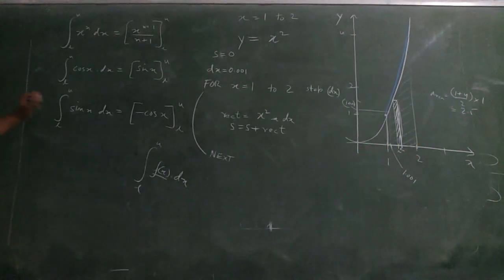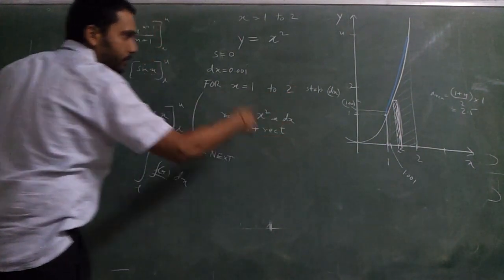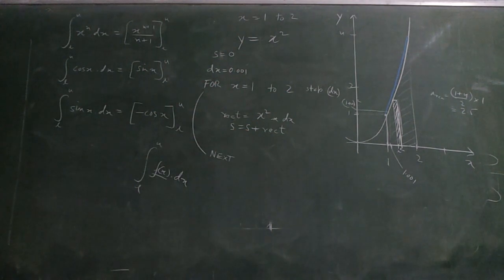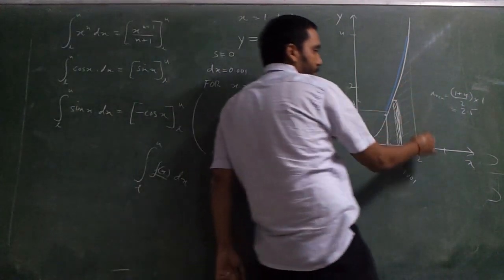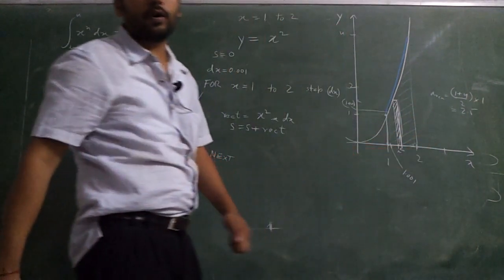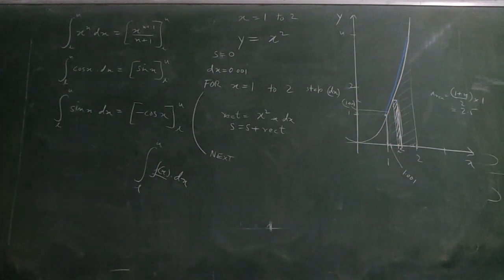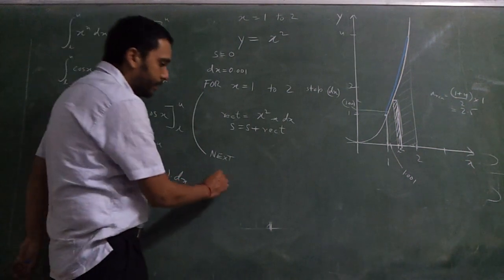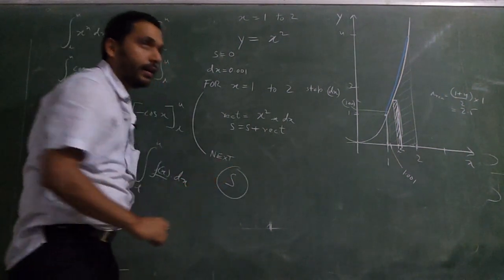Get the point? In this program it should be 2 minus dx, so that it ends inside the rectangle, but it doesn't matter. Whether you are considering one extra rectangle over here or ending one rectangle before will not change the total area. It will hardly change the total area. So if you do this, the final sum will be your rectangle area.